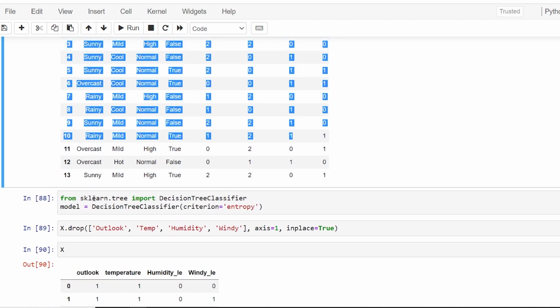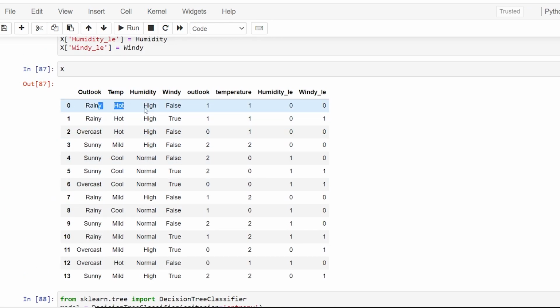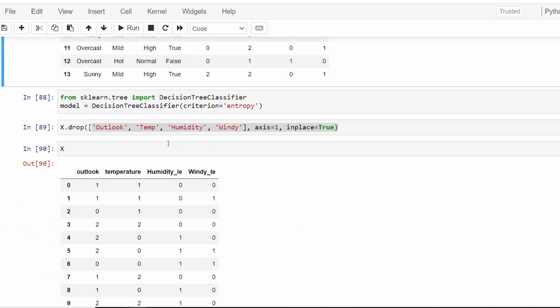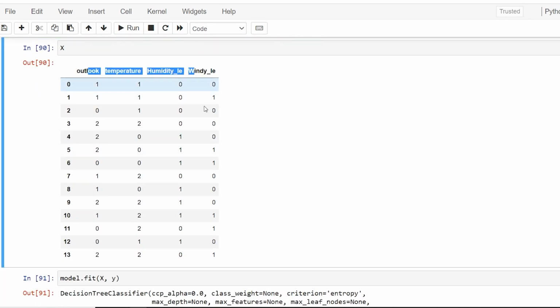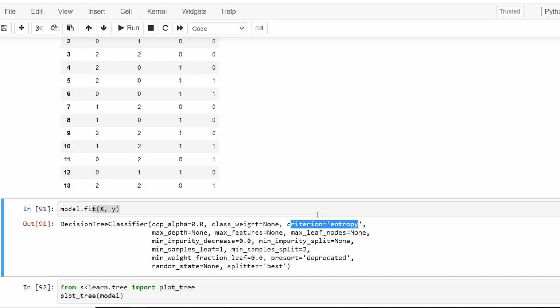After that, I'll select. So from sklearn, decision tree, and criterion, here we have to select entropy. So this is by default Gini. We have to select entropy in order to get started with the entropy. Information gain is not there, it automatically happens, but entropy is something you will have to specify. After that, I drop the 4 categorical columns that I already have. I don't need those. So now I have only the numerical values. I fit them, and here you can see the criterion is equal to entropy.